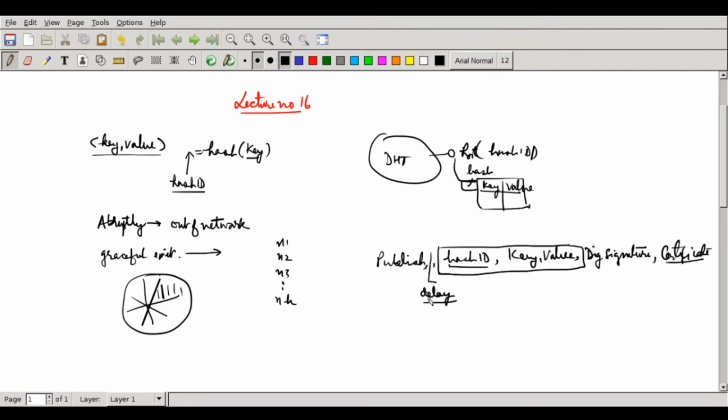So once the delay is inserted, this actually means this node, which is doing a graceful exit, has communicated the various republish messages to various nodes. Okay, and these nodes now have to wait for this delay. By this time, this node will be doing graceful exit.